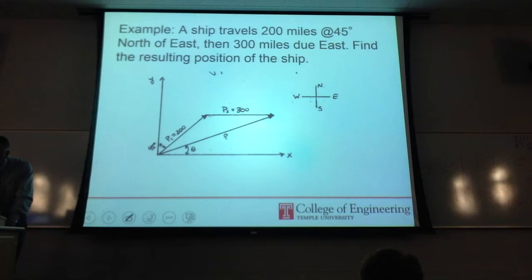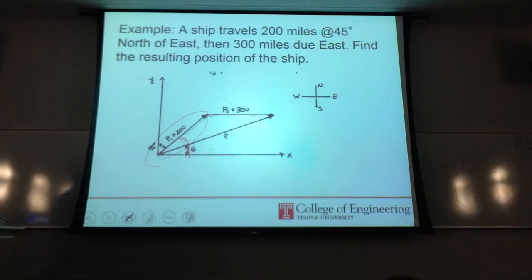(45° north of east, and so that's 45 degrees, and 300 miles east, which means the angle is horizontal to the x-axis. Who disagrees with me? Well, nobody, because it's already there, right? So if I want to find out the position of this, and I want to represent it in a vector form, I would say P bar or vector is equal to